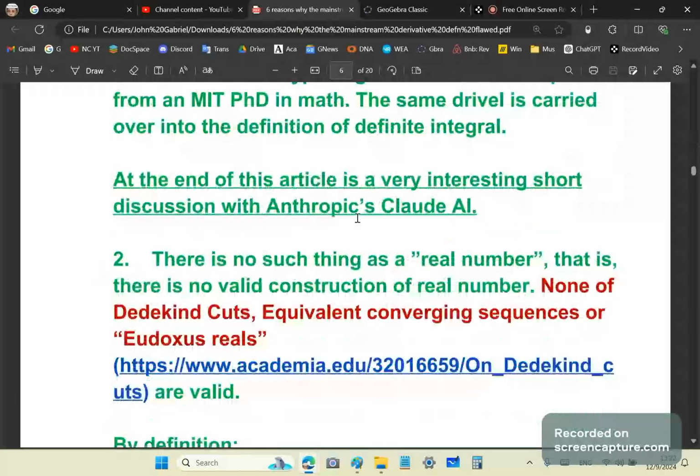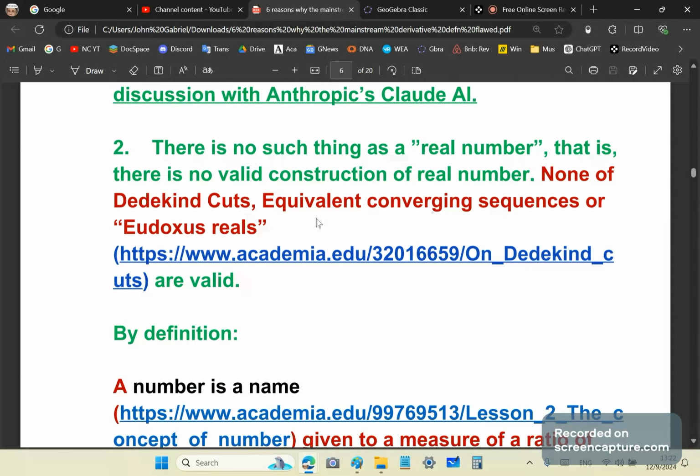The second reason is that you don't have a concept such as an irrational number. That's just a myth. There's no such thing as an irrational number. Therefore, there can't be a real number, okay? And there is no such thing as an infinite decimal expansion. It's a load of hokey pokey, simply because there isn't. Infinity is a junk concept, and that's why it's a load of hokey pokey. And you can read all about it in this fantastic article on Dietrich and Katz, where I discuss a lot more.